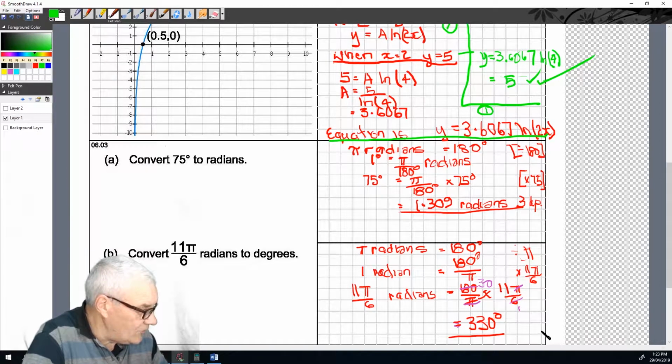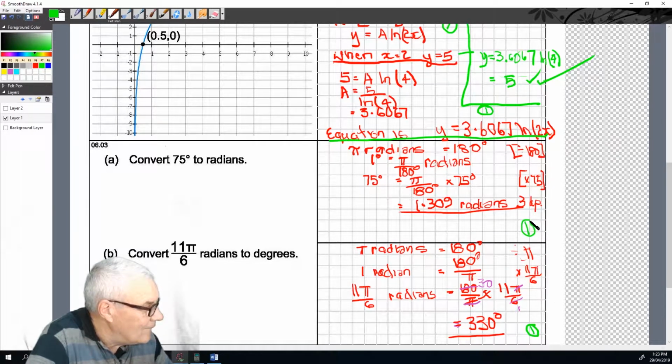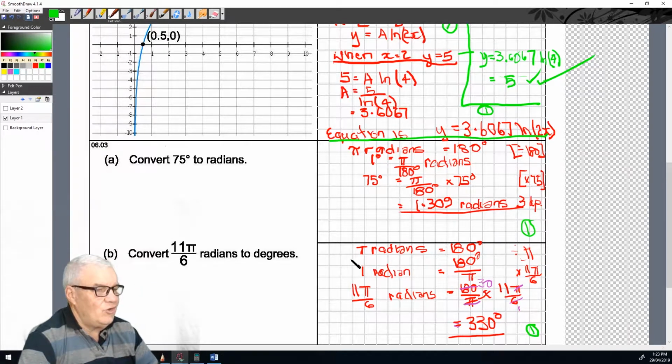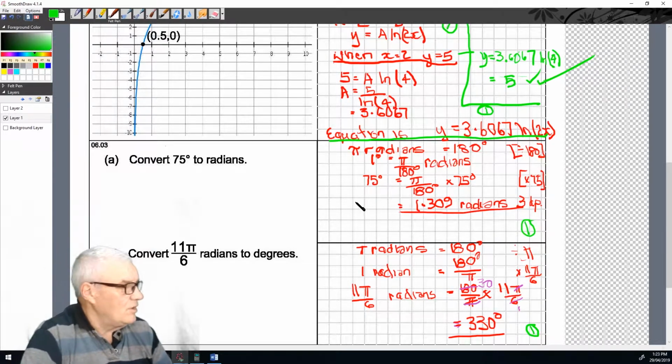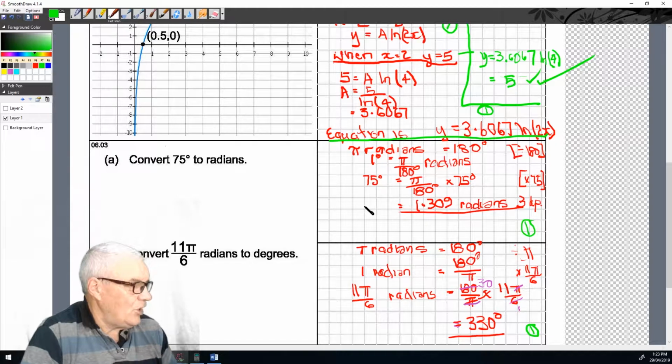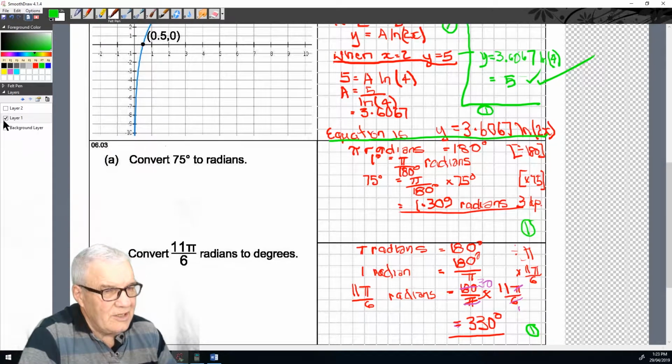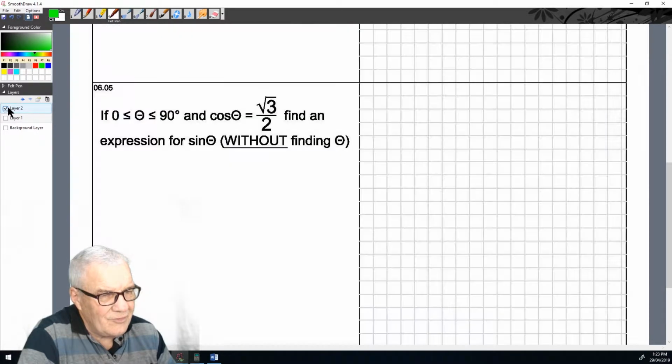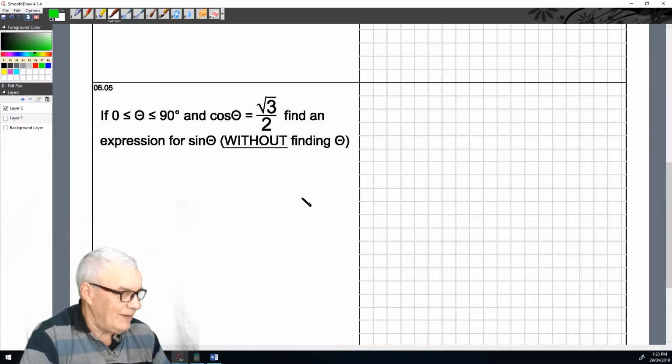Pretty simple, but I still managed, could have very easily mucked it up. But I caught it in time. You've got to keep your wits about you with these things. So, yeah, there we go. Alrighty. So now we're going to turn that layer off, turn that layer on, and we're up to